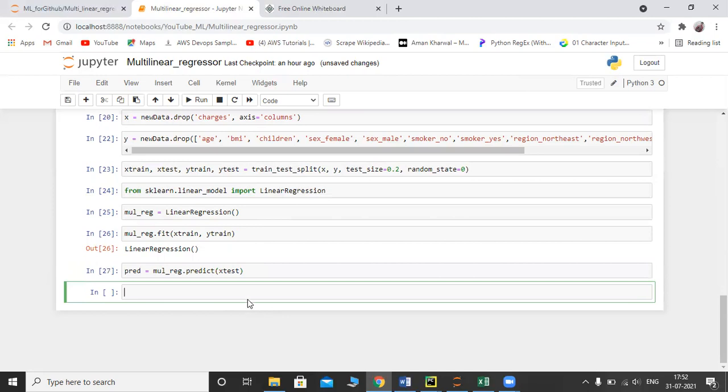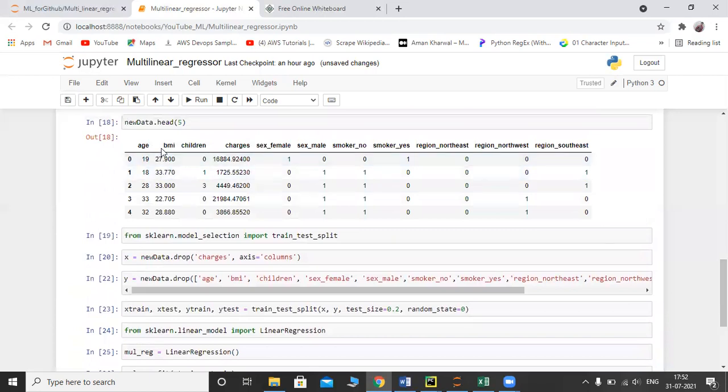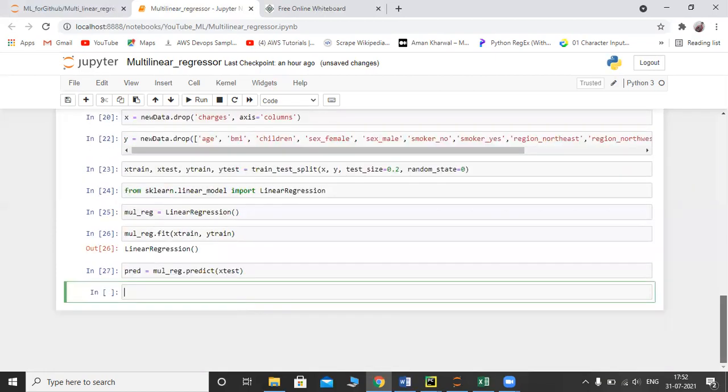Now our sklearn library estimates M1, M2, M3. How many independent variables do we have in our data set? In total we have 1, 2, 3, 4, 5, 6, 7, 8, 9, 10 independent variables. That means we need M1, M2, M3 up to M10, and it has to estimate those values.